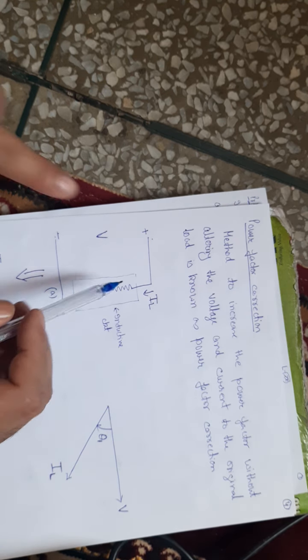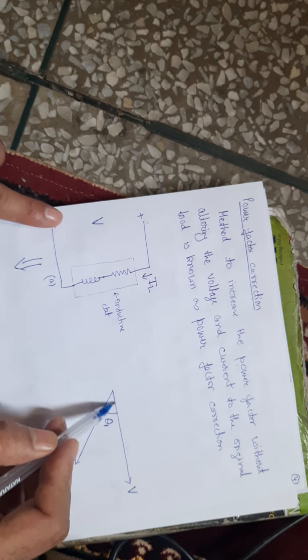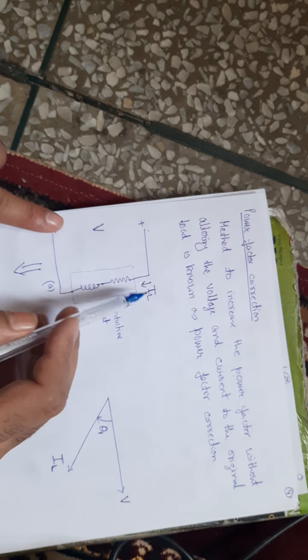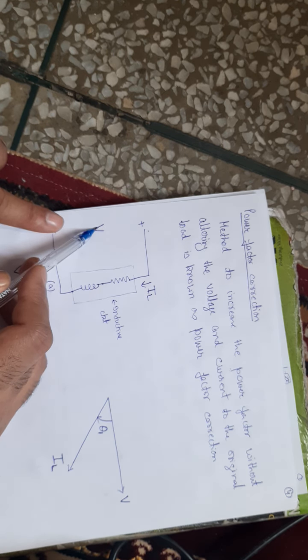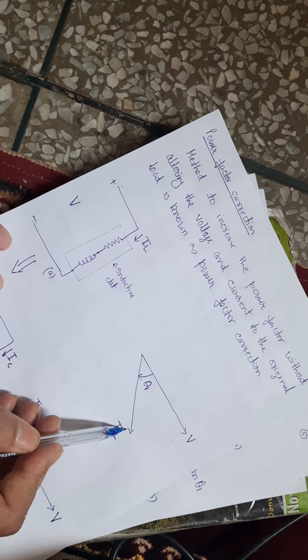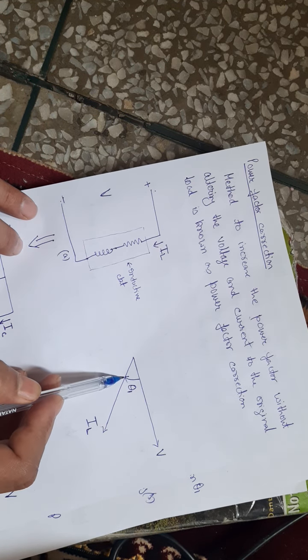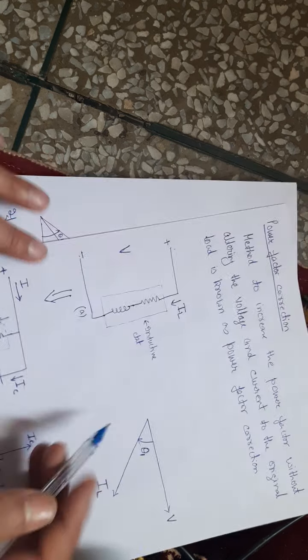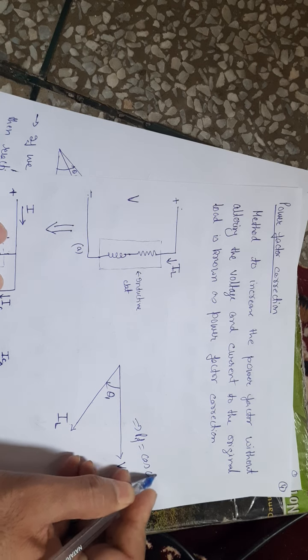What will happen if I draw the phasor diagram of this circuit? I am taking voltage on the horizontal axis. So what will this current IL be? It will lag this voltage by some angle. I am showing it by this method here, IL. You can see this IL phasor is lagging behind this voltage phasor by angle theta 1. Okay, so here power factor is nothing but cos of theta 1.